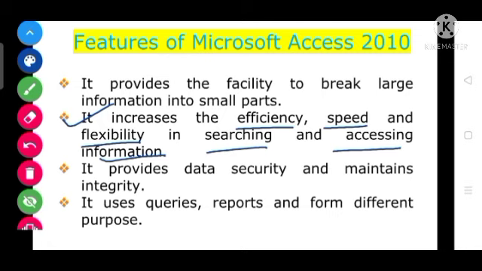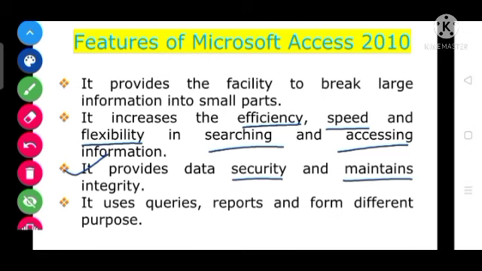If we want to search any data from the database, we can search very fast by using MS Access 2010. It provides data security also, and it maintains integrity.